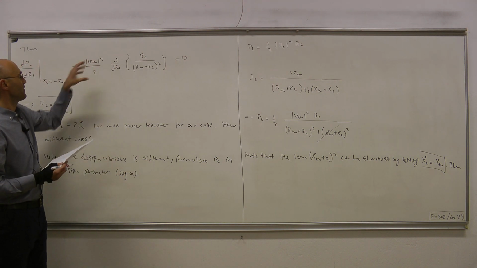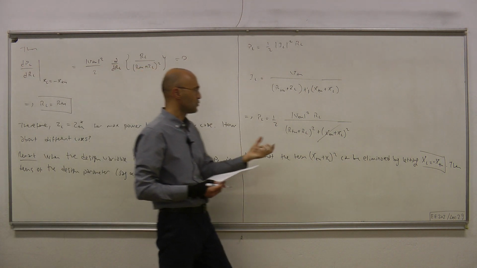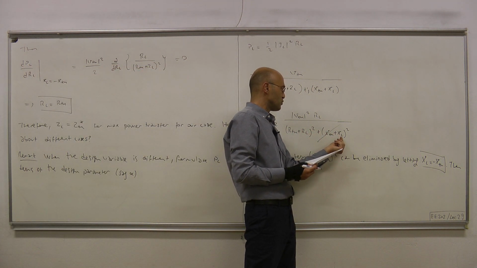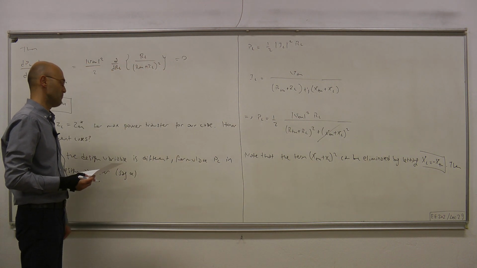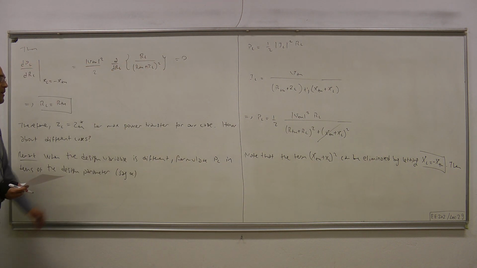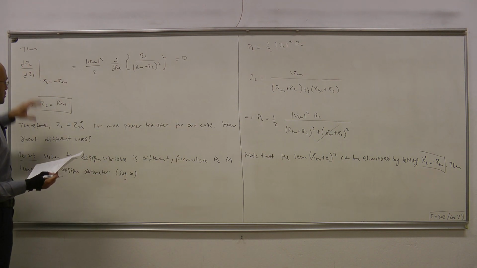In a sense we had alpha here as RL, but before that we had to observe that we have to choose XL equals minus X Thevenin. Once that choice is made, our problem has reduced to